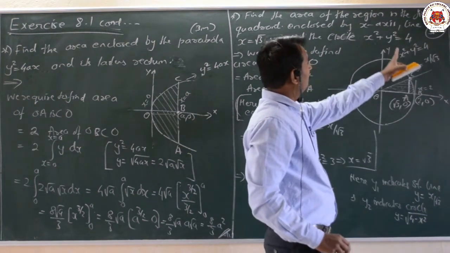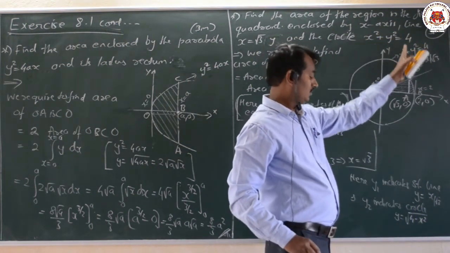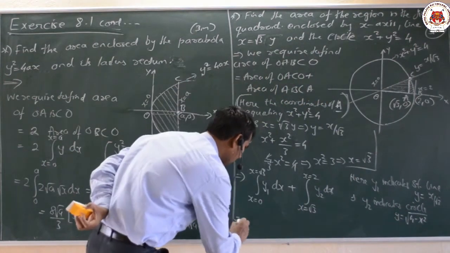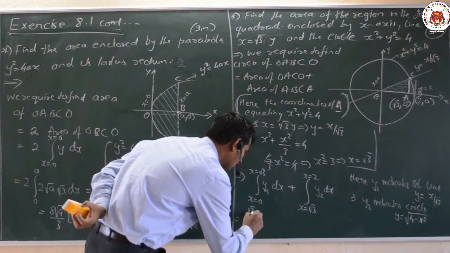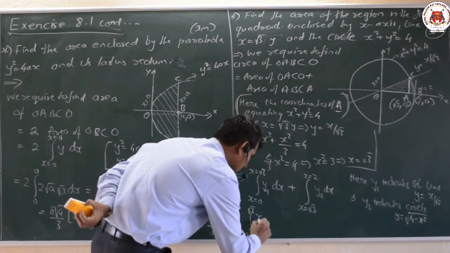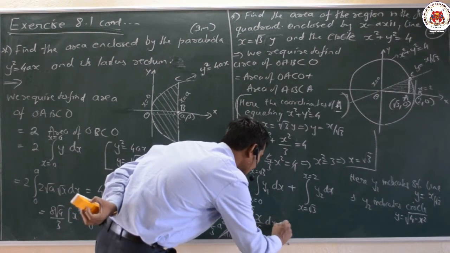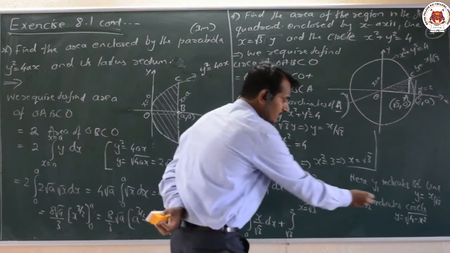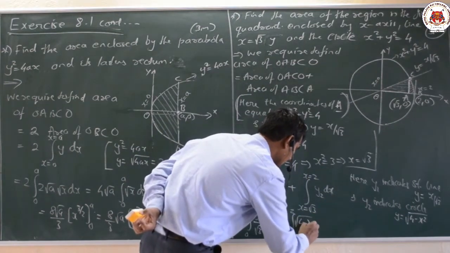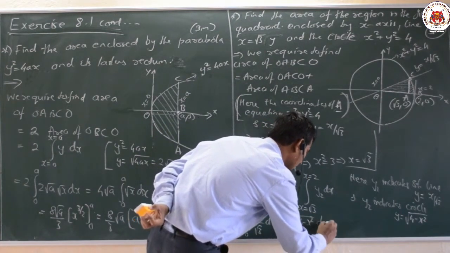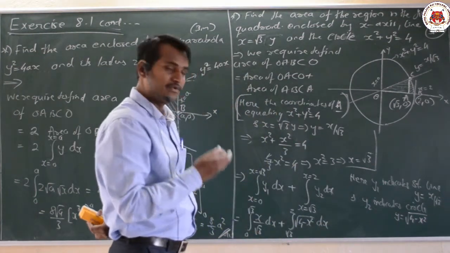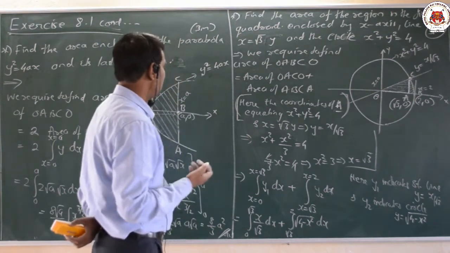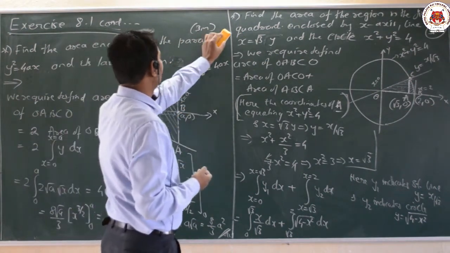Okay, so here if we take x square here, y is equal to root of 4 minus x square. These both values I will substitute. That is nothing but here the integral from 0 to root 3 of y1, which is x by root 3, into dx, plus the integral from root 3 to 2 of y2, which is root of 4 minus x square, into dx. Okay, and next we have to integrate it and find out the value. It is nothing but our very, very simple example. Okay, dear students, now let us integrate it.